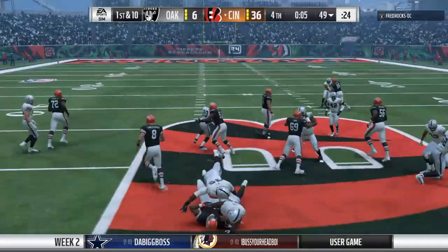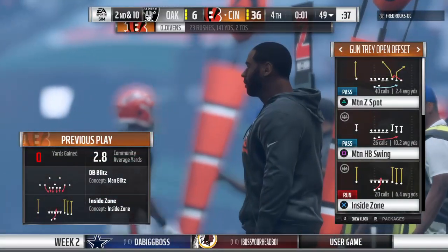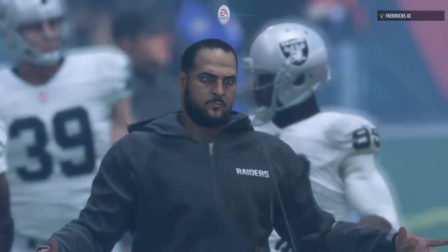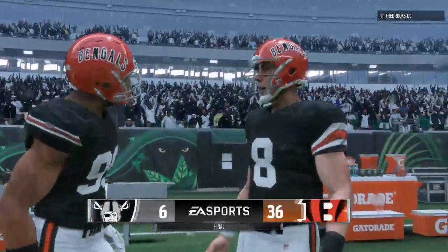They'll run it now out of the gun. And for one of the few times here today, this run's not going to go anywhere. I don't want to overhype it, but this is a big early season game, especially an overtime win. That can give you a big boost going forward in the season. It certainly can, and